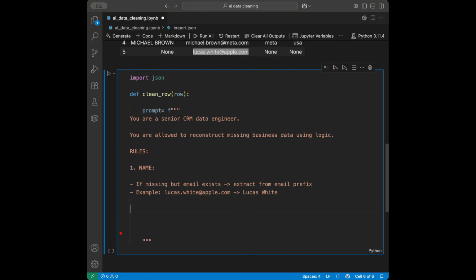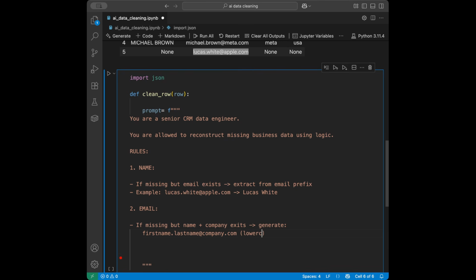Now the second one, email. We will say if missing but name plus company exists, then we will say generate. And in here we are going to say first name, last name at company.com, and it will be lowercase like this. Okay, great. Next we will say company,